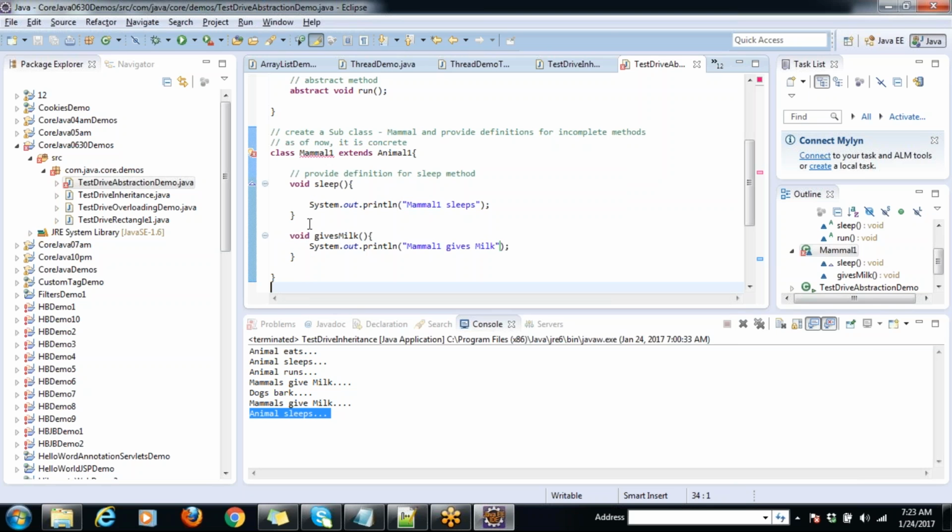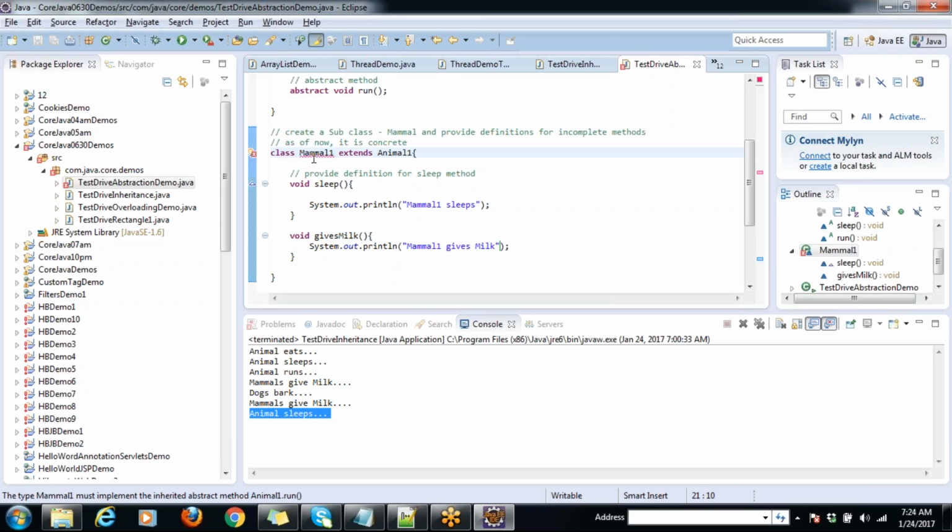So here, if you provide definition for the run method, then mammal one class is having all the methods with method bodies. In that case, the mammal one class becomes concrete. So assume for some reason I am not providing definition for the run method here. In that case, mammal one remains incomplete because mammal one is extending from animal one,